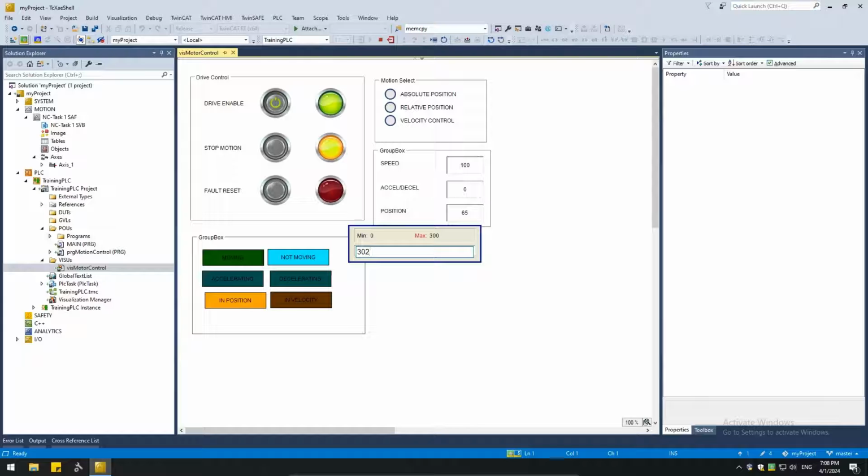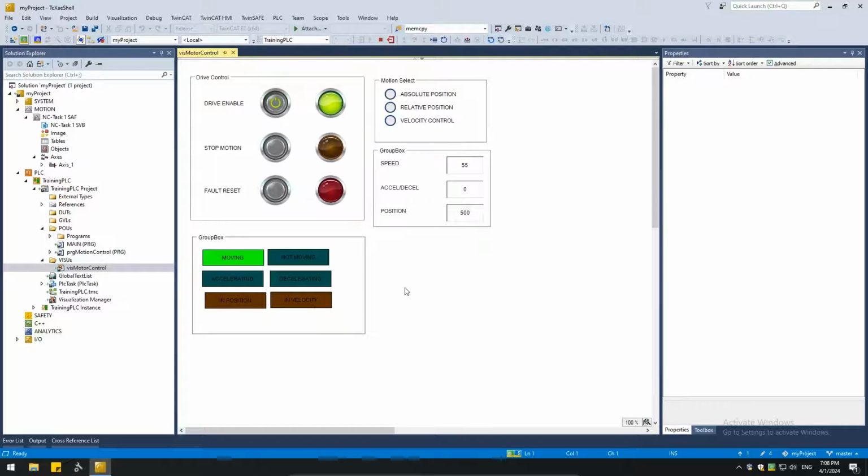So it doesn't take any value higher than 300 because the max defined was 300. Now I'm giving it a different position. So it did move, and now it's not moving. Let's try that again. So it was accelerating, moving,